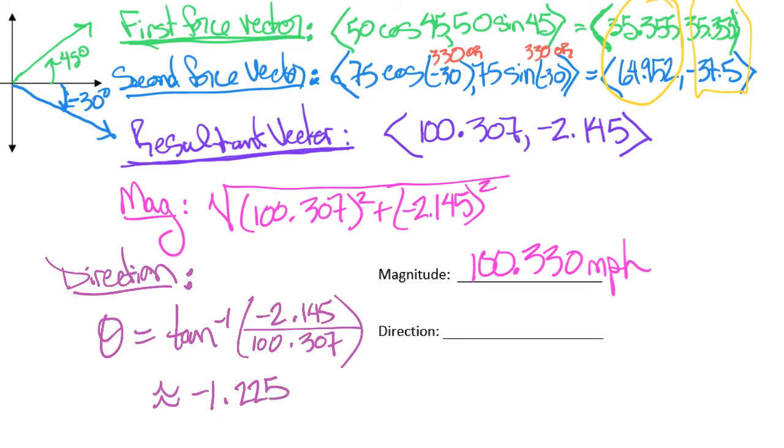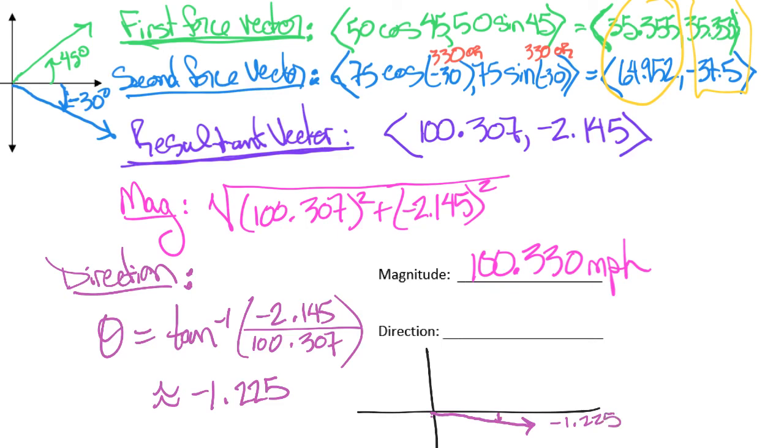And so we want to find the positive. Well, negative 1.225, let's just get ourselves a quick picture here, is going to be just barely below. Okay, so this is a negative